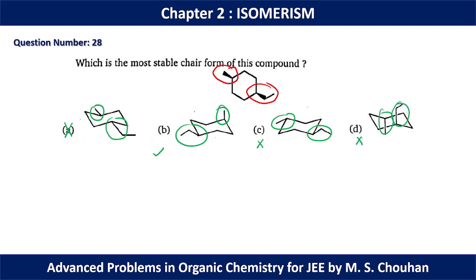So here also we can find our correct answer by only seeing the position of the axial or equatorial bond, whether it is above the plane or below the plane. In option B only, we have both the functional groups, ethyl and methyl, present on the same side. Okay, so if we closely look at this 2D molecule, we can see that methyl and ethyl are present above the plane, so they are present on the same side. So in option B we can find the same situation. So for question number 28, option B should be the correct option.